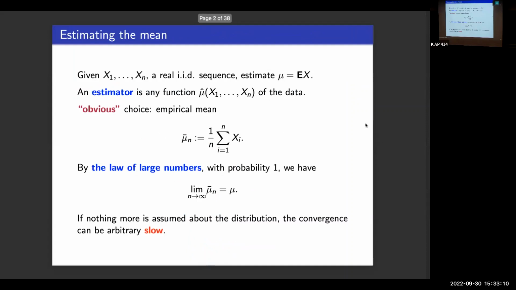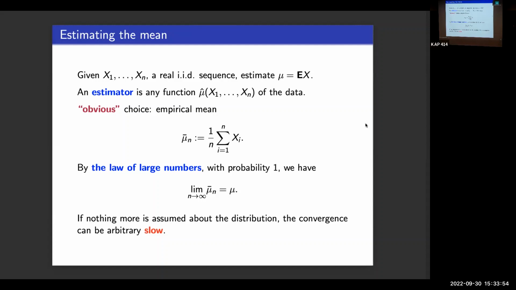Oh, okay. All right, so let's start with first things first. This is something that you guys are all familiar with. This is what you learned in undergrad, the law of large numbers. You have this example of IID observations with some expectation, right? And you know that the law of large numbers tells you that if you're trying to estimate the mean, then the empirical mean is usually a good, consistent estimator, in the sense that as n grows, you get very close to the true parameter you're trying to estimate. This is even true without the existence of further moments, like a second moment. You actually have this strong law of large numbers.